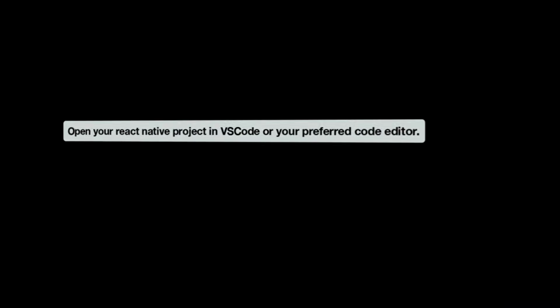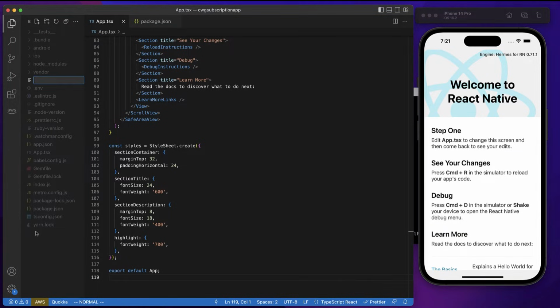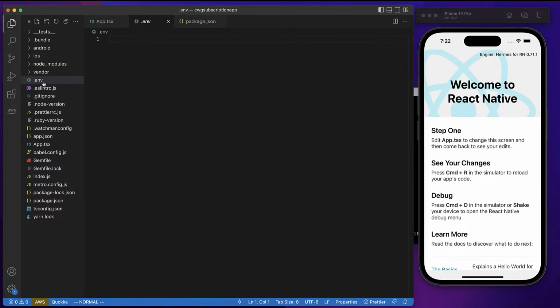All right, now I'm going to open my project in VS Code, and I'm going to create a .env file and copy that shared secret or add it to my environment variables. So I'm just going to right click, new file, and it's .env. Okay, looks like I already have one here. So I'm just going to go ahead and add my